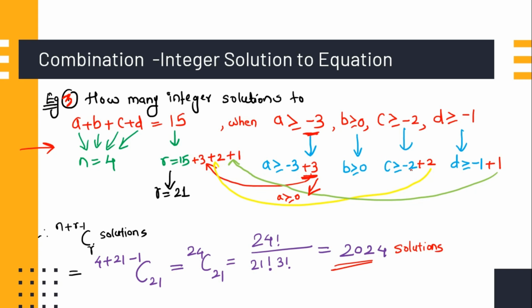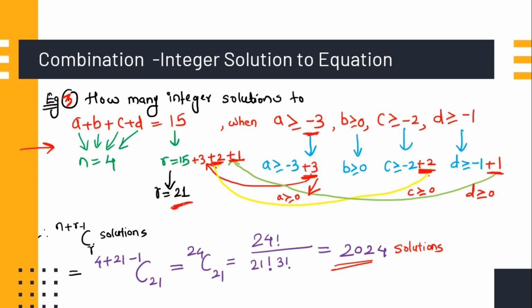Now this has to be balanced, plus 2 is added over here, so that we can get C is greater than or equal to 0. Same thing you have to do with R, you have to perform plus 2 in R also. Same for D, that is we are performing addition of 1, so that we can get D is greater than or equal to 0. Same thing we will do in the R, we will perform plus 1 in the R. So afterwards we will get value of R is 21.